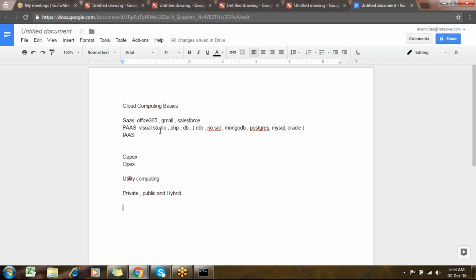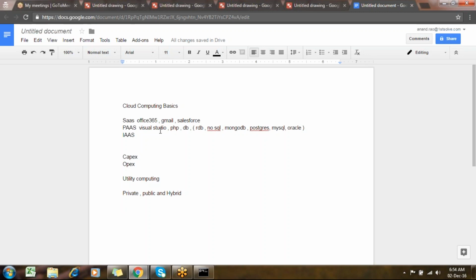A public network is where you provision resources in the cloud. Let's say you have created your entire data center in the cloud. That is an entire public network. Where is your Gmail? It's in the public network. Where is your Hotmail account or Yahoo account? SkyDrive, all of that is in the public. Those are examples of SaaS. But if the organization decides to keep their infrastructure like servers, routers, switches with Amazon or Azure, it's called a